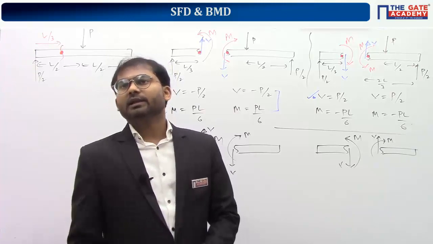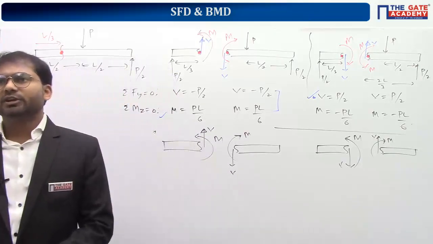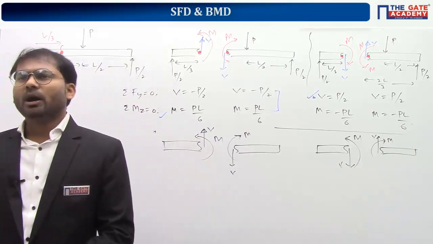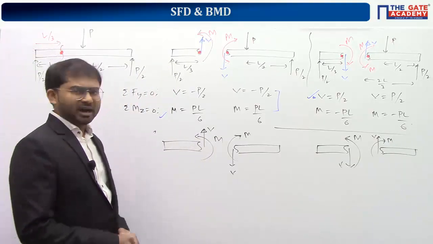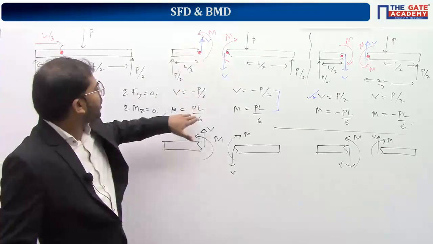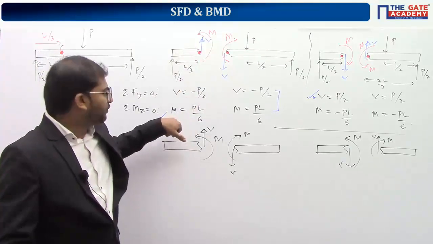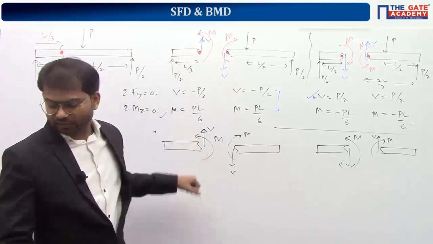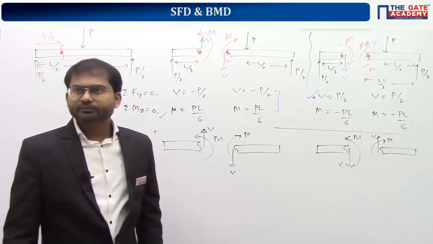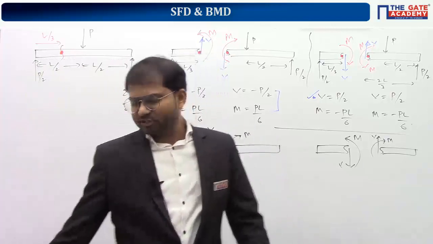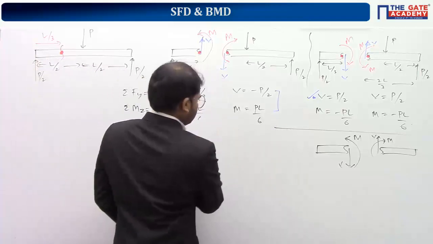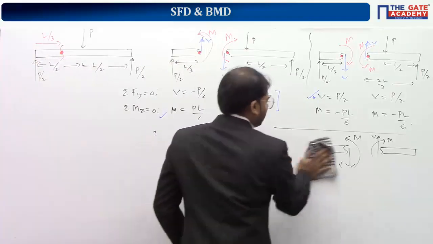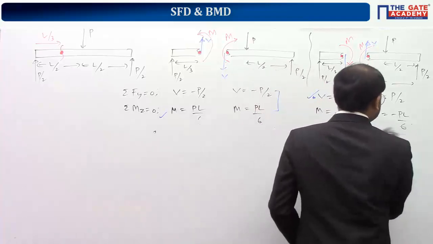Okay, everyone clear? So Chandresh is having a doubt here: how did you apply the summation of moment equal to 0? Chandresh, I think you are asking how we got the bending moment M as PL by 6. Is that the question you're asking? Here I'm just doing the calculation. I think you missed yesterday's class. That's okay, I'll redraw this sign convention diagram once again.